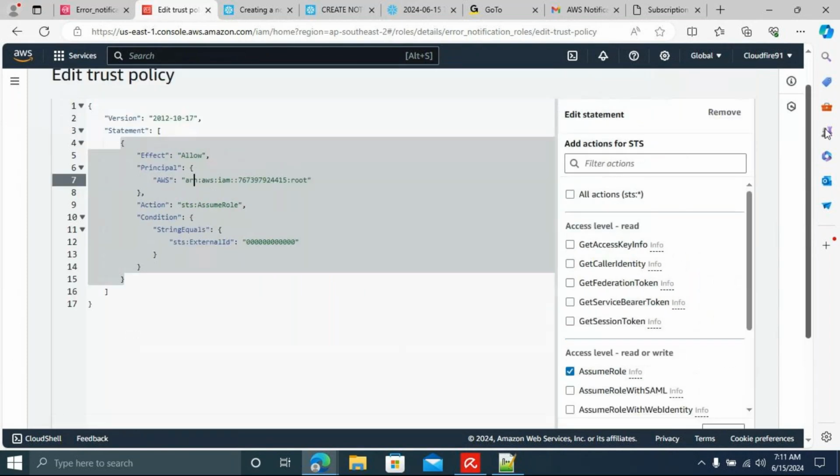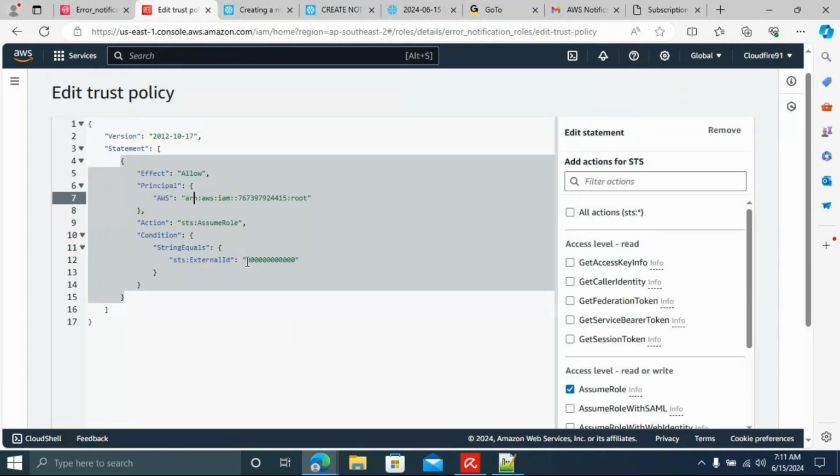Now what I have to do is, instead of the zeros I gave, I have to replace the zero with the external ID. Snowflake has provided an external ID for you for the storage integration. That external ID I have to provide here, then only both will handshake. Okay, good. And then you can see here I created this with the root account.